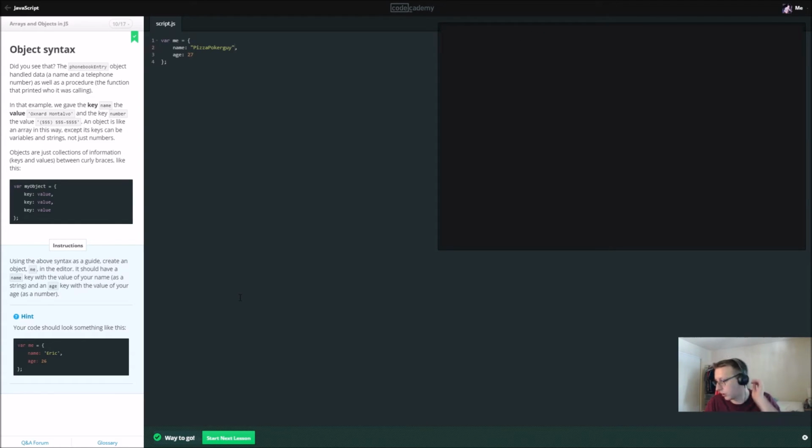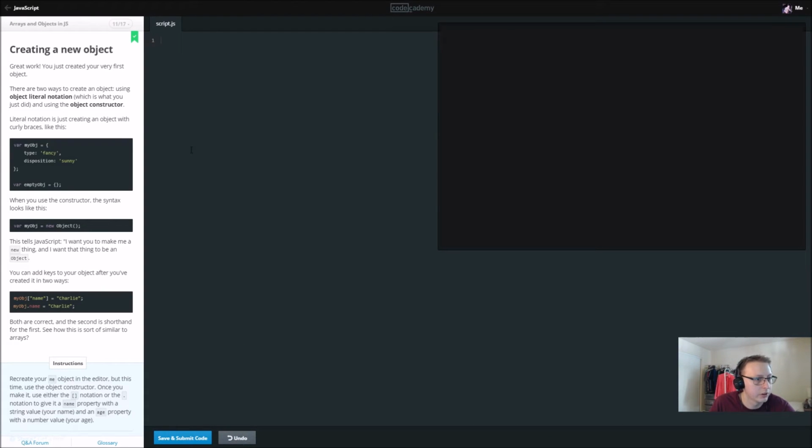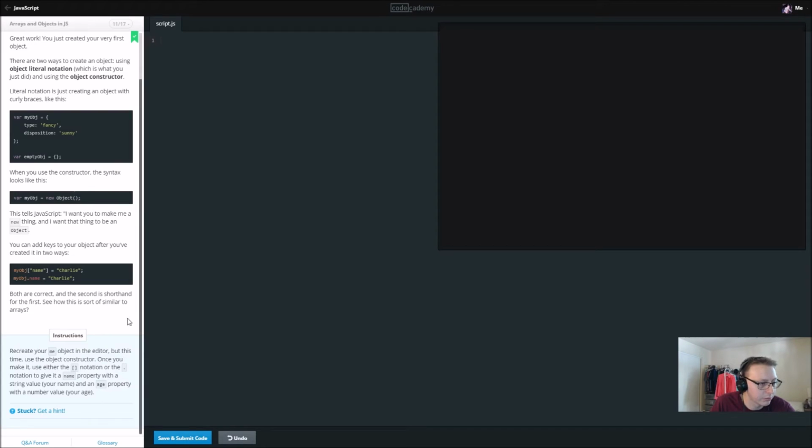Alright, so make sure you use some sort of quotations for the strings, or else they'll mess up everything. Cool, let's go ahead and reset this. So recreate your me object in the editor, but this time use the object constructor. Once you make it, use either the brackets or the dot notation to give it a name property string value. Okay, so we'll say var me equals, and then we'll say name, and then we'll just put an empty quote, and then we'll put age, and we'll also put an empty quote, and then